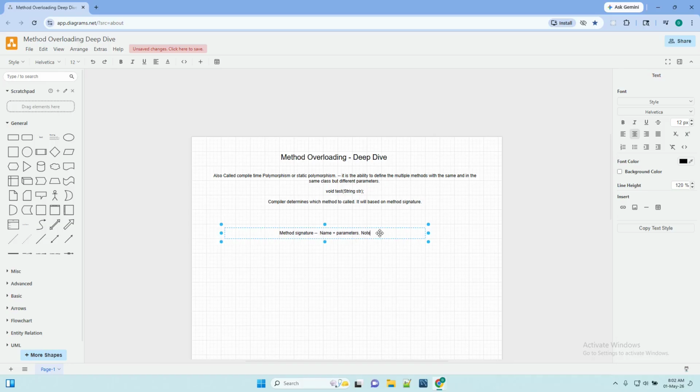Note, I'm giving this here also. Note the return type. Return type is not the part of signature. Okay,